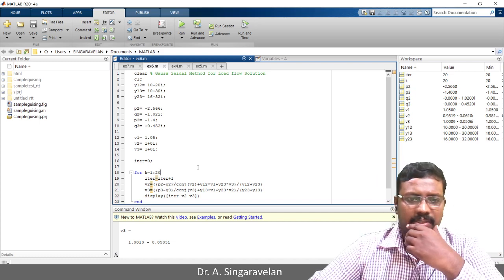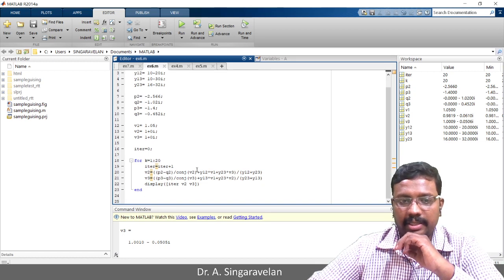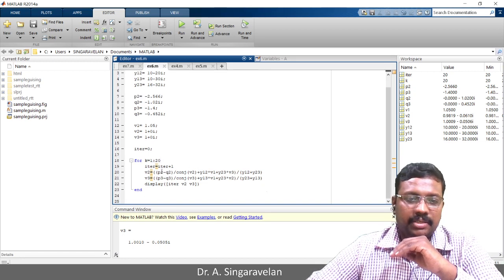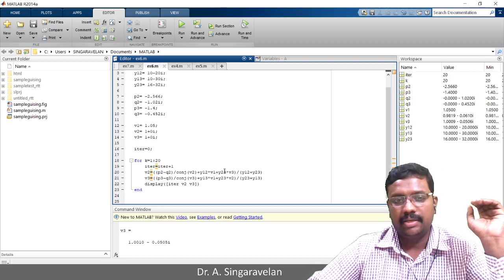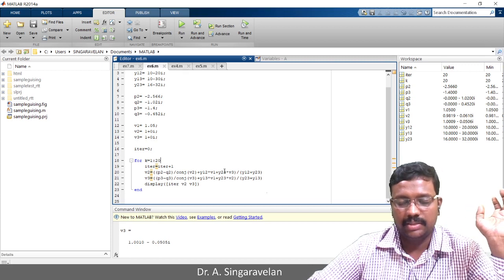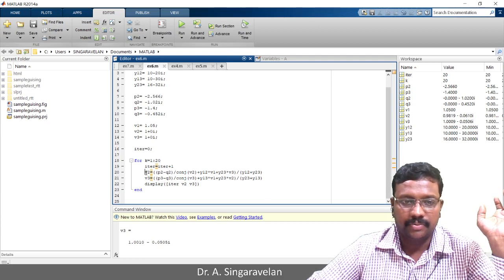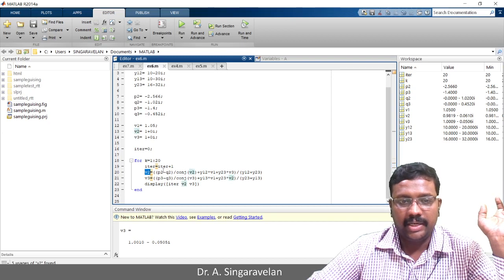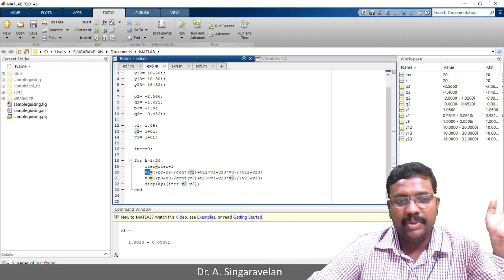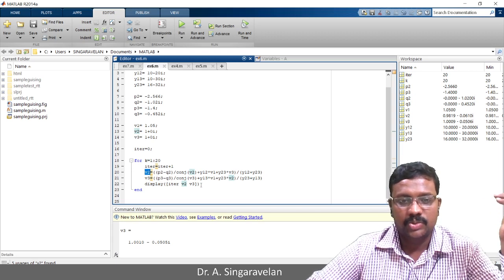So like this we can do Gauss Seidel. The important property of Gauss Seidel is that in each and every iteration the values are updated. Initially Gauss found the solution for this type of problem, but he didn't update the values. If he got a V2 value, he would not update it in the second iteration. But Seidel joined the Gauss method, and what he did was update the previous iteration value in the upcoming iterations, so that convergence takes place very fast.